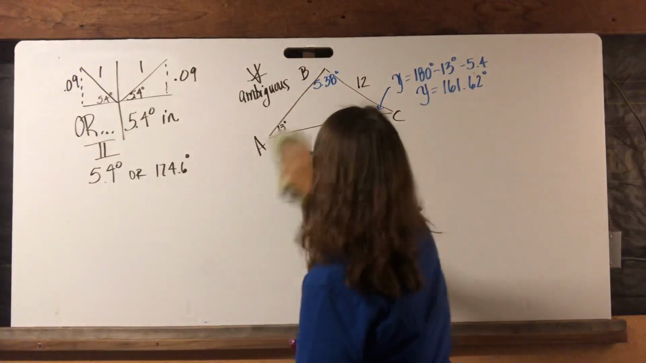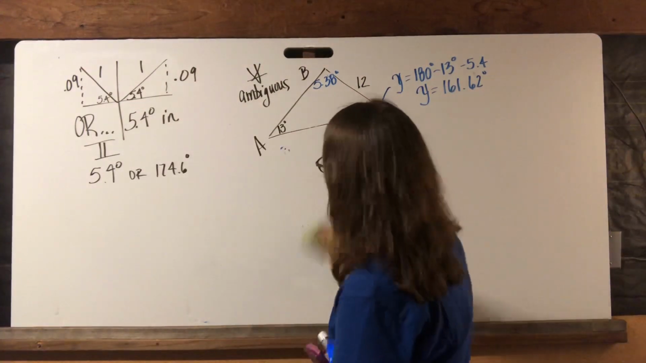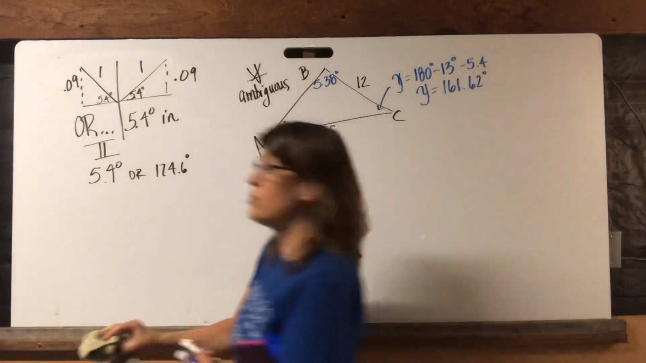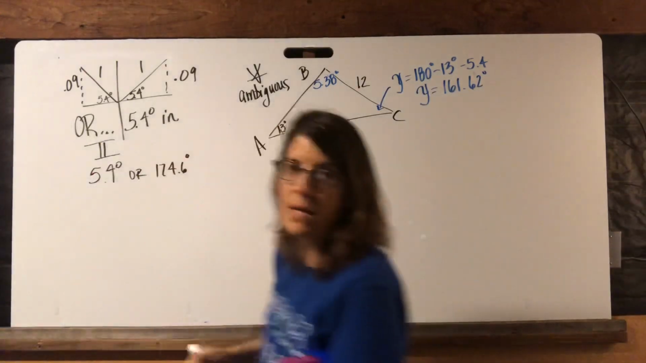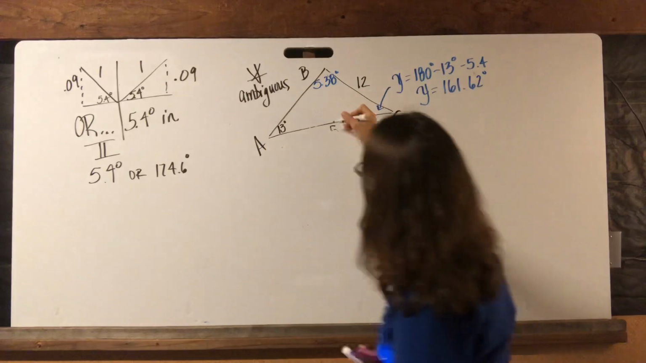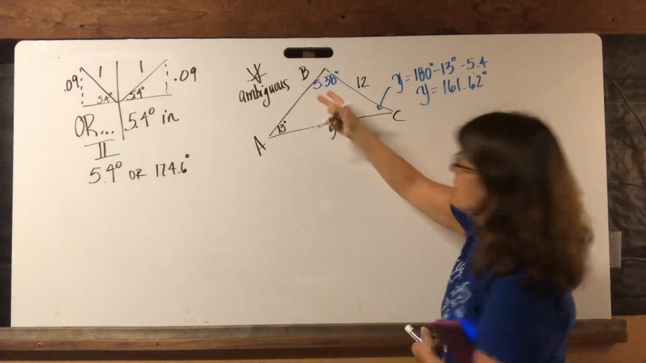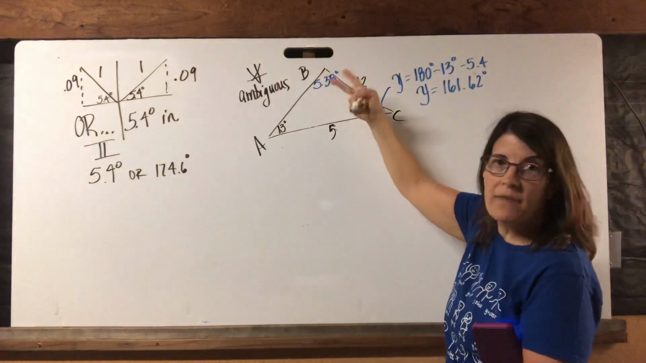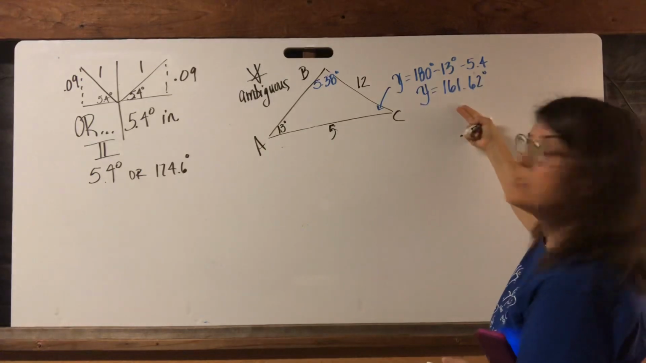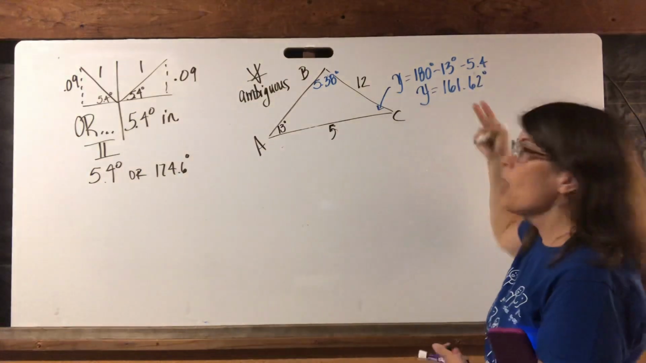Okay, so if you said it doesn't work because it doesn't fit inside a triangle, you're correct. What's that mean? So here's my first triangle, and we said that B was 5.38, 5.4, and gamma is 161.62. Okay,